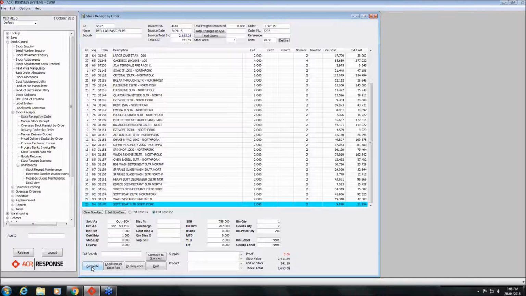If for some reason you have received more product than what you originally ordered, you may have called and made an amendment to the order and not updated the original order. They may have sent you bonus stock that you weren't aware was coming. At that point, you can actually select the Load Manual Stock Receipt button. So what we'll notice in this screen is that there's no